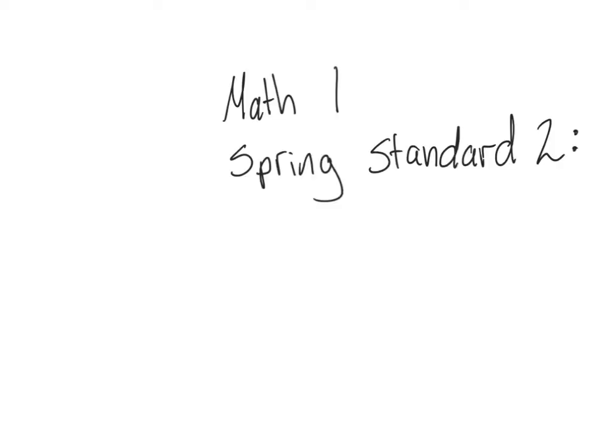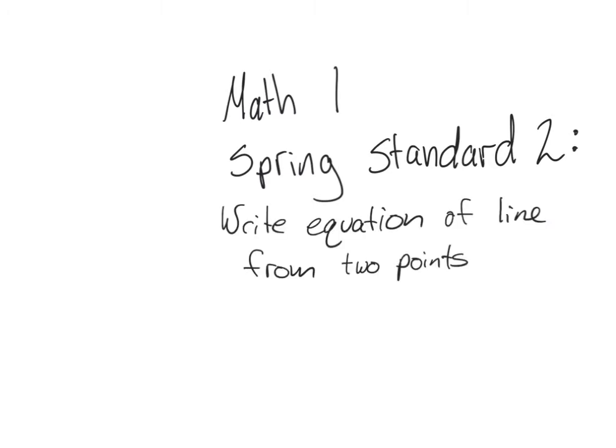Okay, welcome to Math 1, Spring Standard 2, writing the equation of a line given 2 points. Let's review the steps first. When you have 2 points, first you need to find the slope, then you need to use the slope and one of the points to find the y-intercept. Lastly, you need to take your slope from step 1 and your y-intercept from step 2 and write your equation